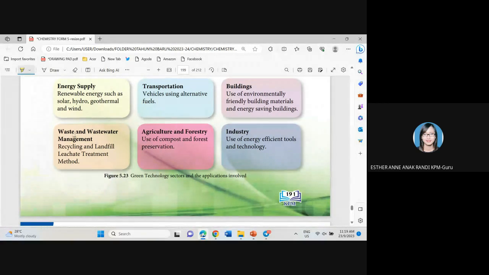Okay, next is waste and wastewater management. So how do we manage the waste and wastewater? It's through recycling and landfill leachate treatment method. Next one, in terms of agriculture, we use compost and forest preservation. So compost, pernah buat compost kah? Kalau parents kamu atau keluarga kamu ada yang minat who are interested with agriculture, so sometimes you would keep sisa makanan, okay, those food waste, you akan peram dia kan,